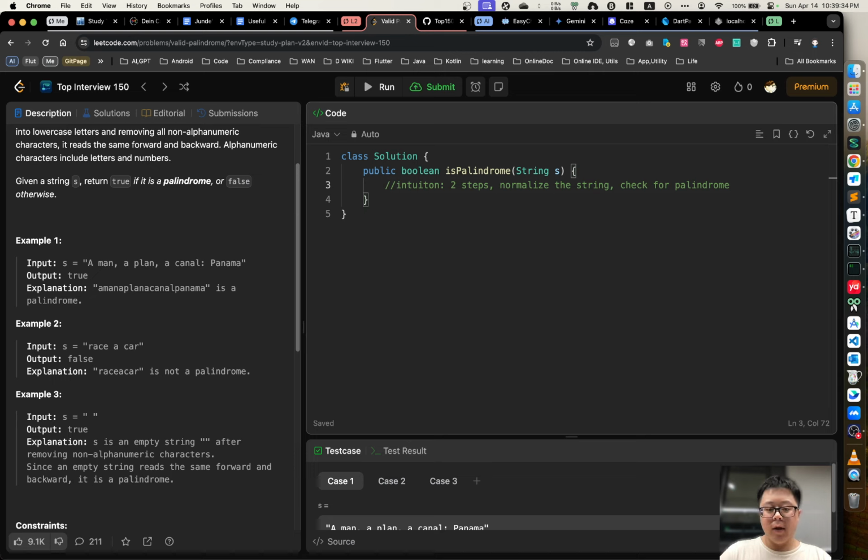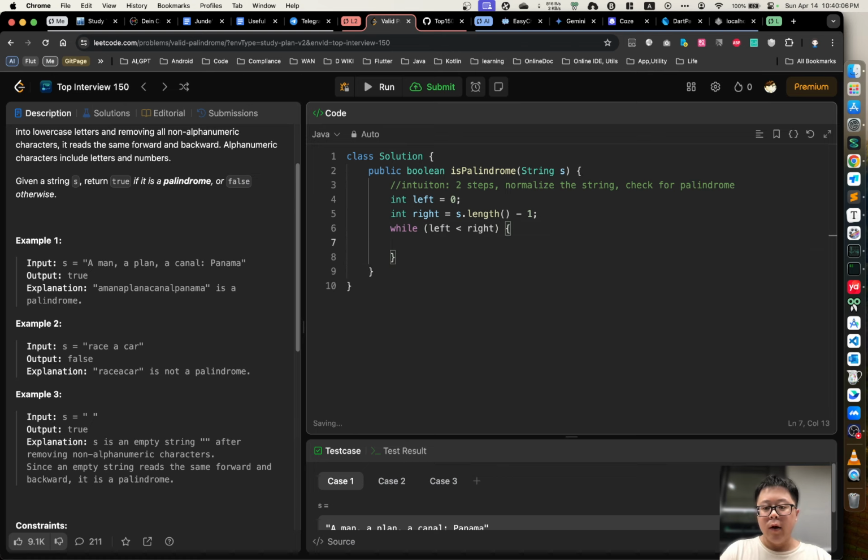So the first step is to create two pointers, as we mentioned before. Let's say integer left equals 0 and integer right equals s.length minus 1. And then we'll have a while loop to traverse the input string. Let's say the condition is left is less than right pointer. And inside the while loop, the first step is